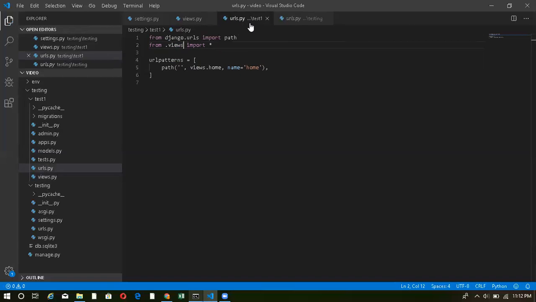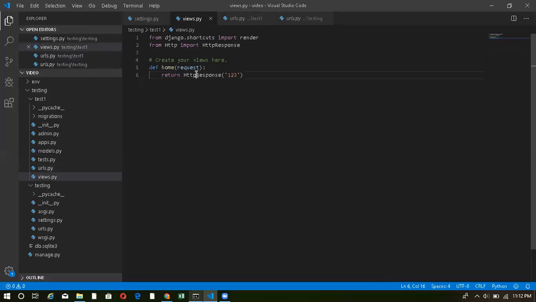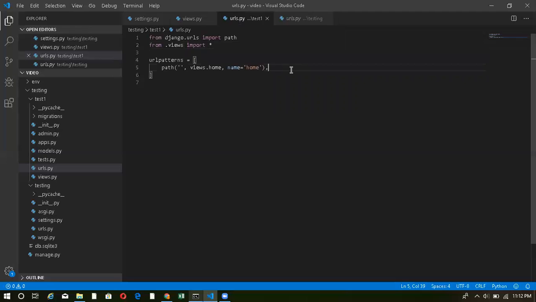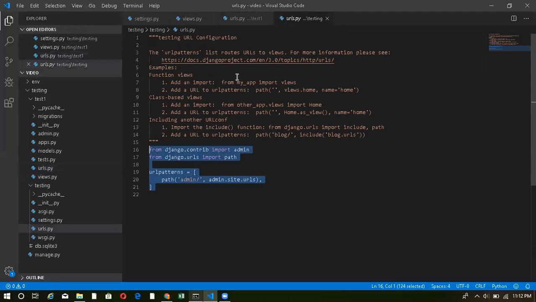As views.py and urls.py are inside the same directory, we can easily call all those functions that we write inside views.py using this. So now what's going on actually, you'll get to know once I complete it.